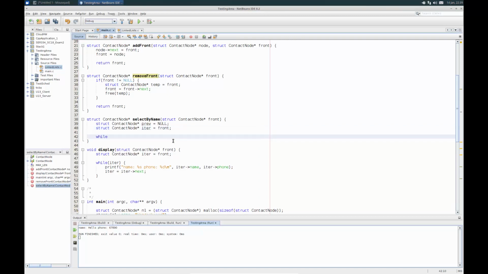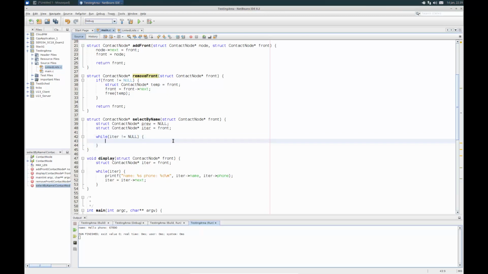So I'm going to go to the following. Well, iter not equal null, do stuff, right? So let's see, we got that going on. I'm looking through my list. Basically what I do is I want to compare the node I'm looking at to what it is that I am looking for, which I just now realize I kind of forgot. So let's take in maybe just something like a char star, something super simple. So char star, and we'll call that name, okay? So that's what I'm going to look for.